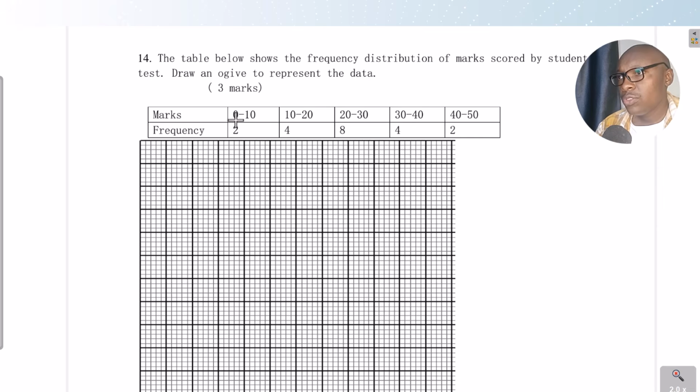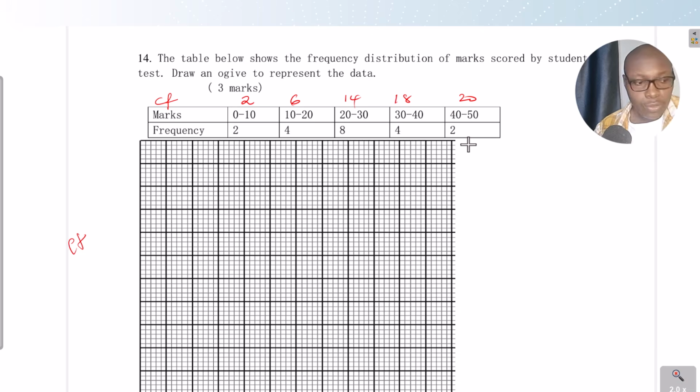So another thing that you need to know when you're drawing the ogive or the cumulative frequency curve, you plot cumulative frequency against the class limit. In this case, the class limit, not the class boundaries. So let me introduce this column, cumulative frequency. The first one is 2, 2 plus 4, 6, 6 plus 8, 14, 14 plus 4, 18, 18 plus 2,